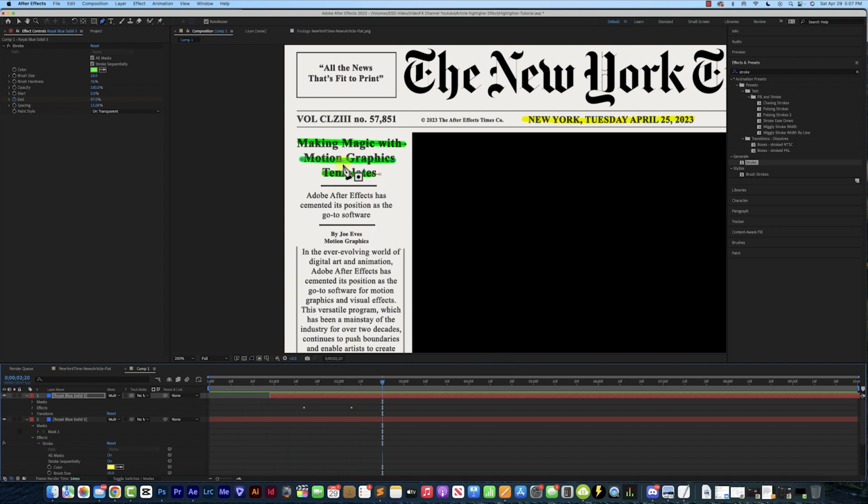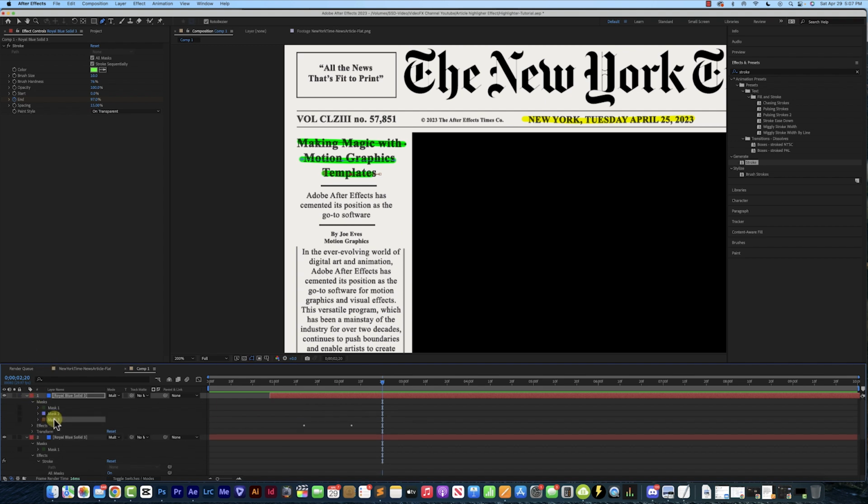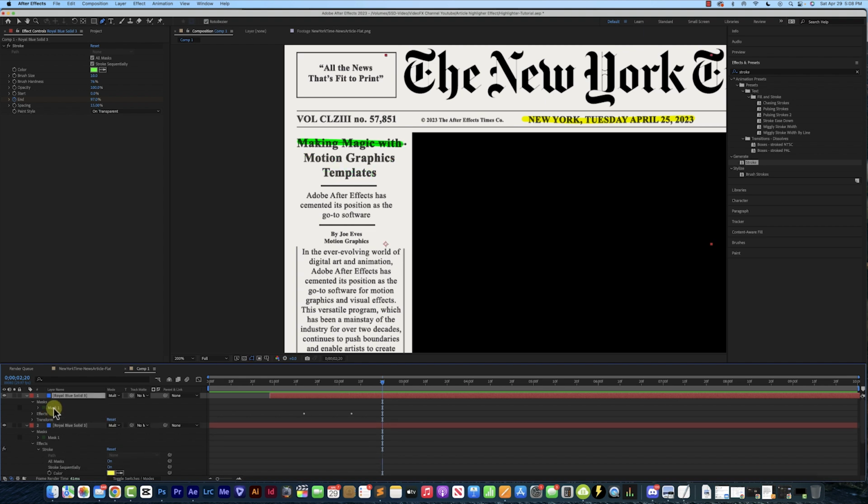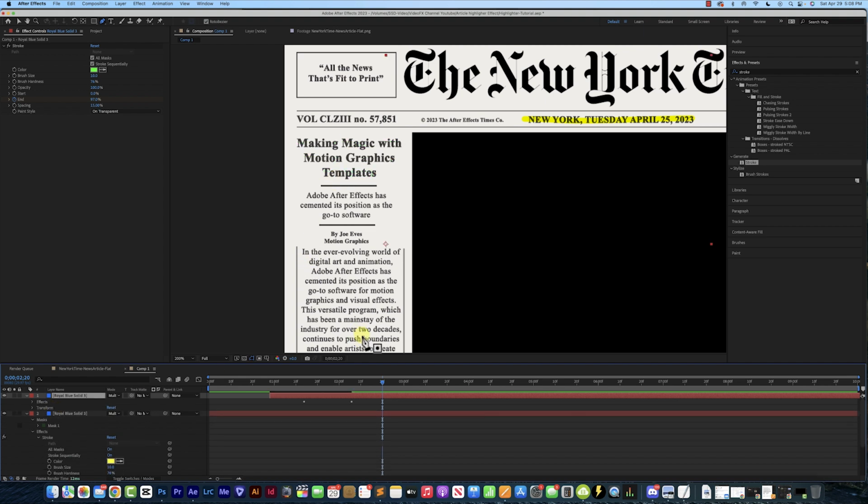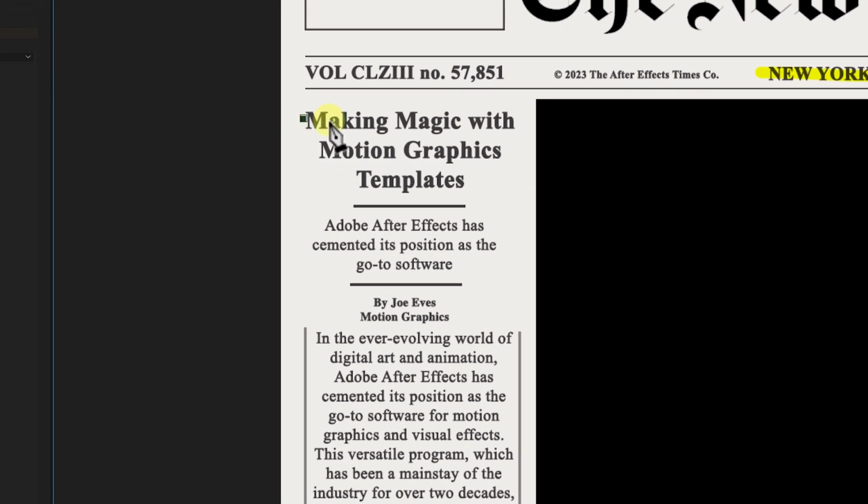Now, if you want it to look more like a scribble, let's go ahead and do that. I'm going to get rid of this mask and this mask and this mask, and we're just going to start fresh, making sure I'm on here, get the pen tool, going to click, and then I'm going to click and drag. Maybe like that. And then click and drag. So it's all one mask. And now if we look at it,